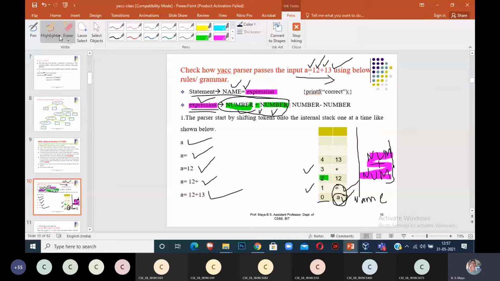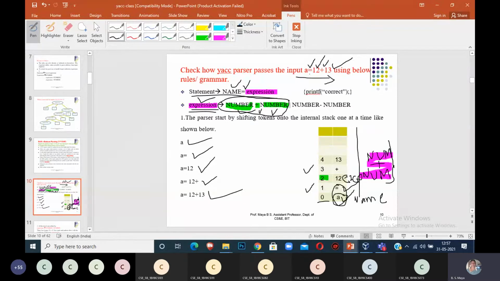After popping, you have to insert a new symbol. What is the new symbol now? Expression. You have to insert expression on top of the stack for the next symbol.